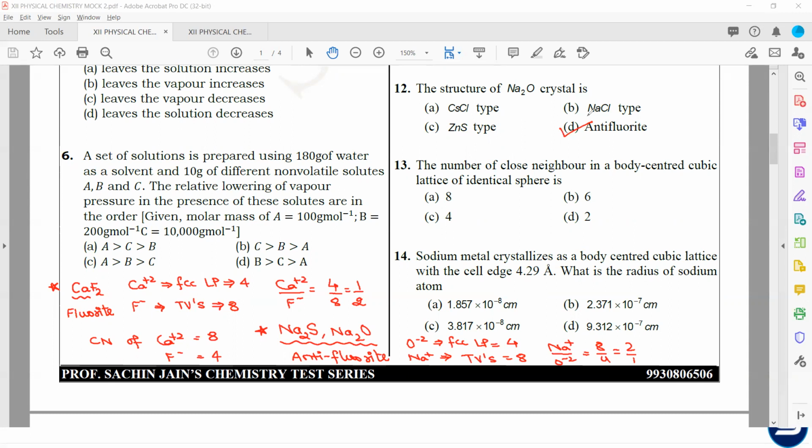Fluorite is a non-conventional solid where the cation occupies the lattice points and the anion occupies the voids. Whereas the oxide of the alkali metal follows a conventional structure, but since its arrangement is opposite to the fluoride arrangement, it's given the name anti-fluoride. So the name is anti, but it shows the regular conventional arrangement. That's how you can remember it easily. Understood? Yes, sir.